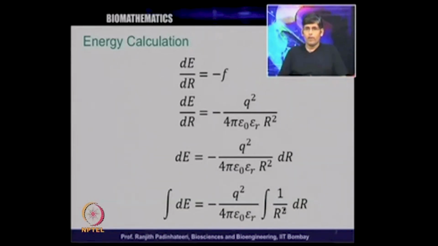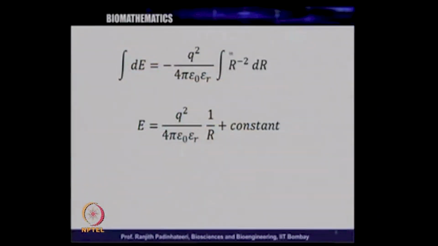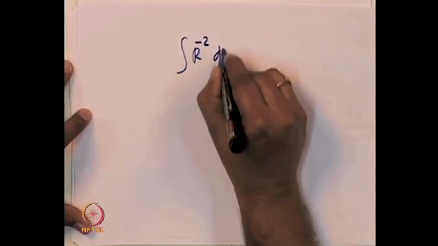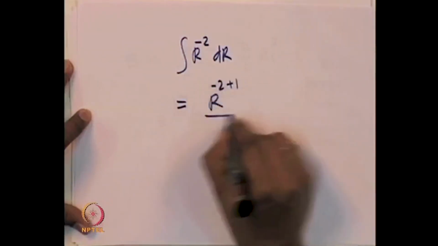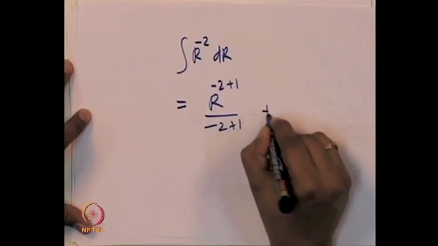So, what is integral of 1 over r square here? We know that if you have integral of x power minus n, it is x power minus n plus 1 divided by minus n plus 1. We know this. So, let us have a look at it. If you do this, integral of r power minus 2 dr, that is what you have to calculate, and we know that integral r power minus 2 dr is r power minus 2 plus 1 divided by minus 2 plus 1 plus a constant,